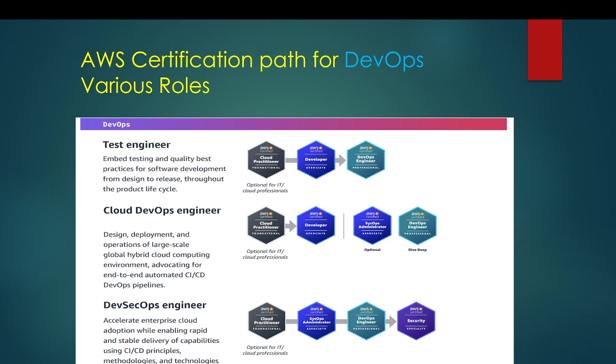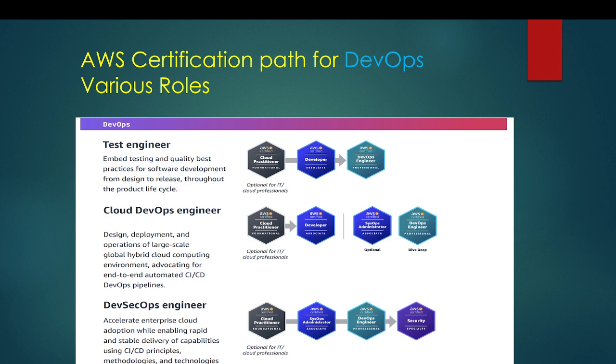That is the reason I told you fundamental and associate will always be there for each and every role. I would recommend you start with the fundamental if you don't have any idea. If you already have an idea or some experience, go and complete the four associate levels. It would be very good exposure for you. Once you have done that, you have a good amount of knowledge to work on any kind of cloud role.